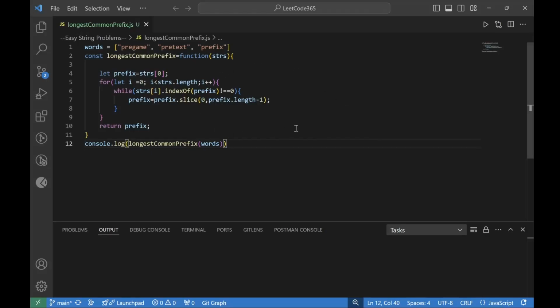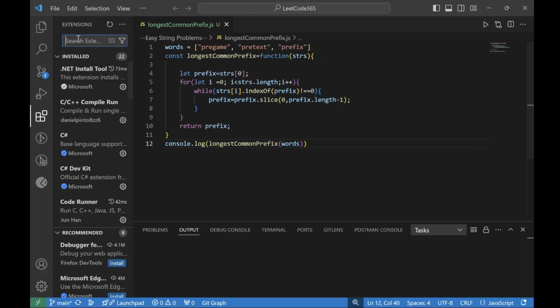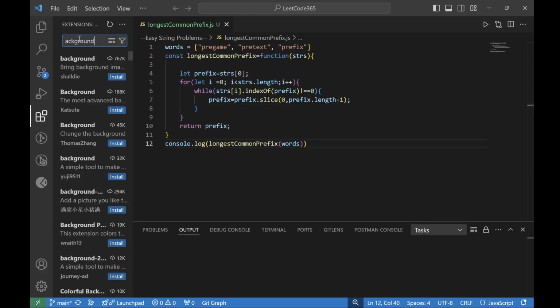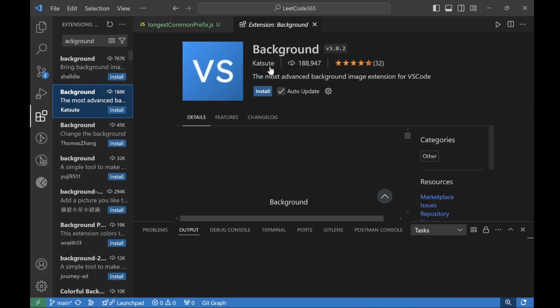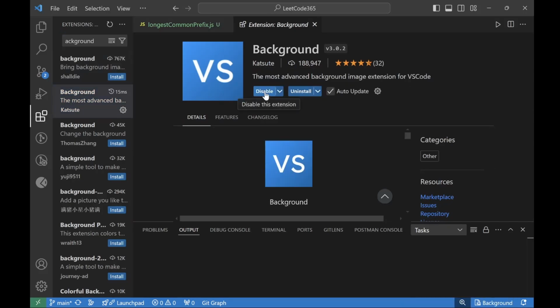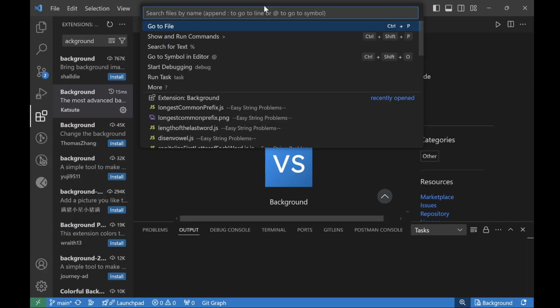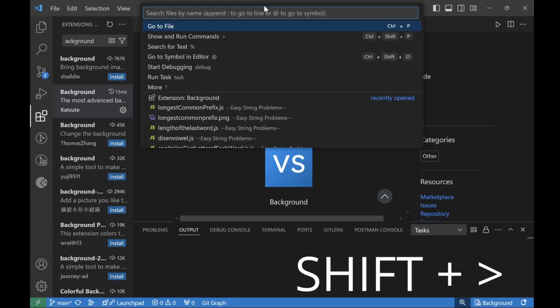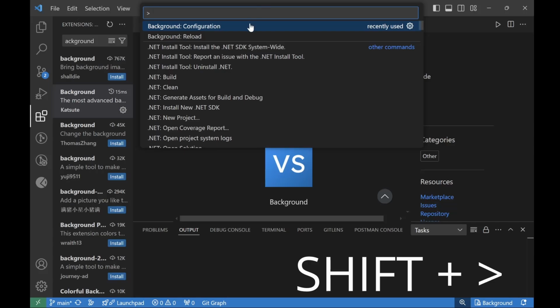Okay, this is Visual Studio Code. You go to Extensions, type Background. It's this one with katsute. You install it. Once you do that, you can go to the search bar, press Shift greater than, click on